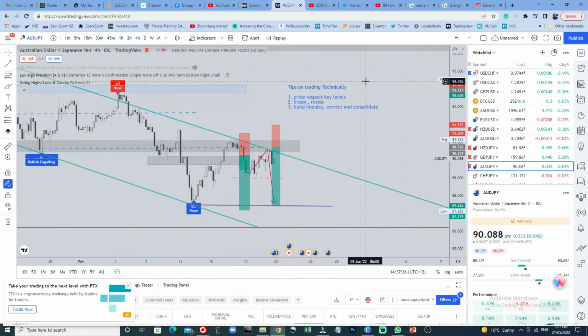AUDJPY. Today is 21st of May 2022, and this is the ending part of the week. The market ended a few hours ago this morning. The time is 2:37 p.m. The market ended at around 9 a.m. in the morning. So 2:37 p.m. New Zealand time, and we've been tracking this particular pair, AUDJPY,